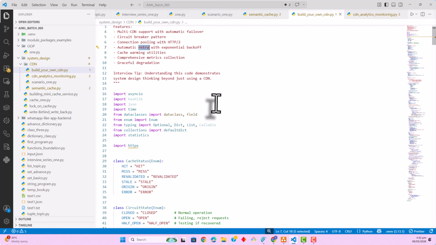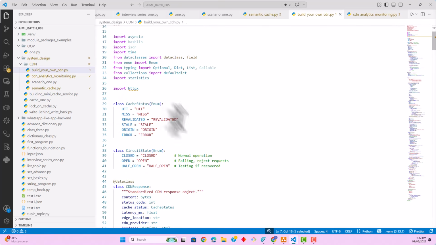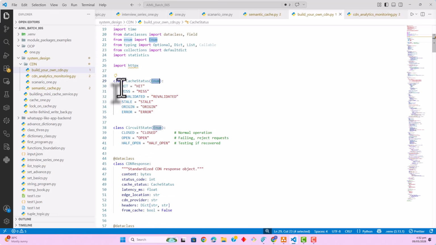So this is one of the code snaps, and I'll discuss it at class level. I'll not go in deep. Here we have a cache status, and this class will maintain some of the enums. We are using an enum here, and these are constants. Let's say hit, miss, revalidate, stale, origin, or error. These are the different types of status we will maintain,